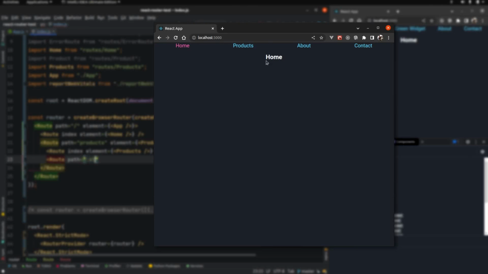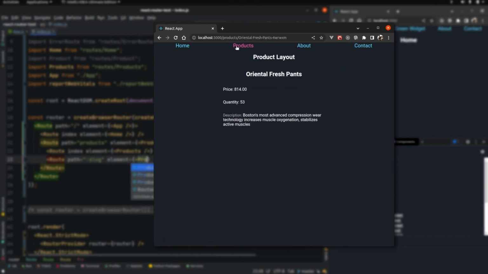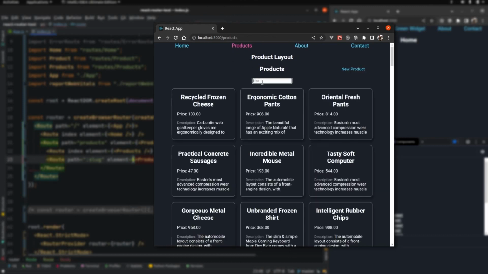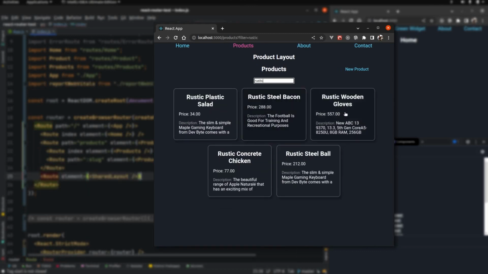In this video, you'll learn the basics of React Router v6. You'll learn how to create static, dynamic, and nested routes, and how to create layouts and links. In the next video, you'll learn how to load and submit data to an API while maintaining a responsive user